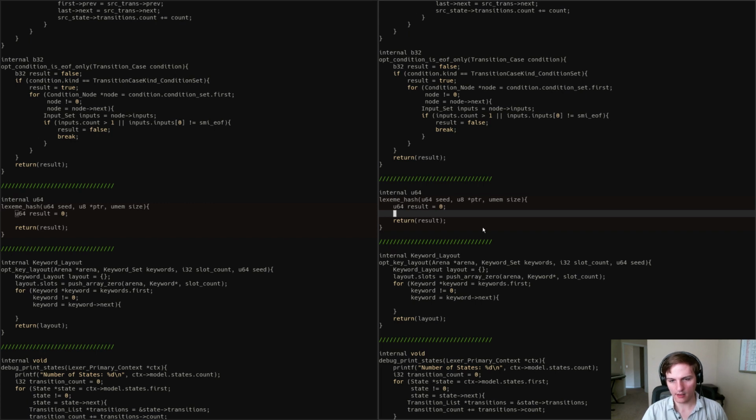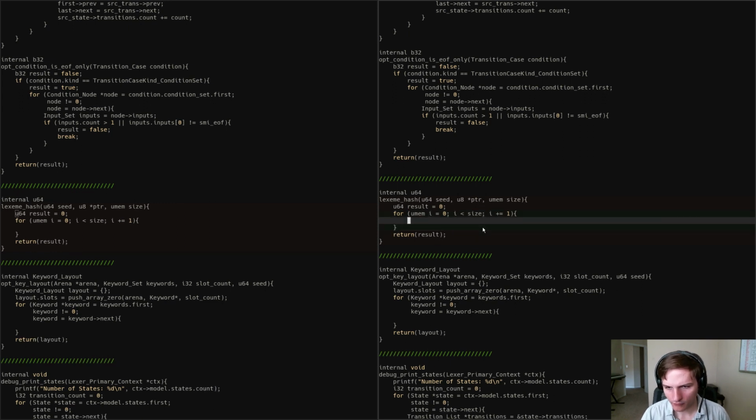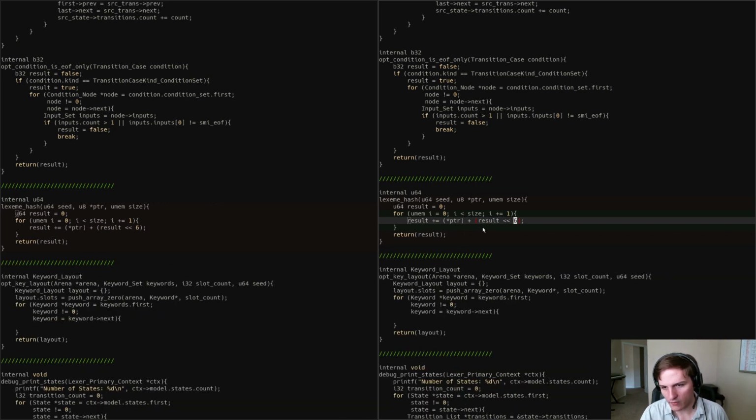Usually something like we do a loop, and at each step of the loop we're going to take some way to combine a result with the pointer we have so far, and also with the information we already have. So it wants to be like result plus equals that, but we want the result that we previously had to get shifted up by a few bytes or something. So it's like plus result shifted up by 6 bits, so that for the most part it won't be a problem. Maybe XOR those together,